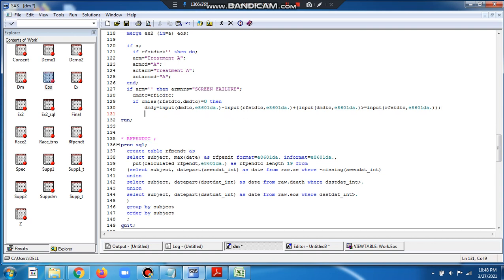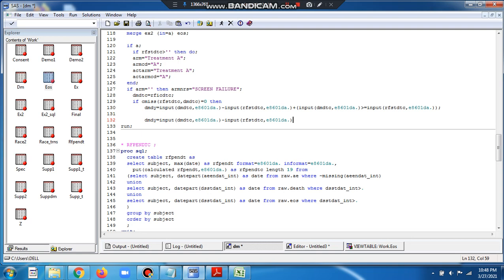The other way of writing the same thing is, you can also directly write it in a more simple way, that is DMDY: if DMDTC greater than or equal to RFSTDTC. So in other words, you have to again put this condition. I'll just copy this.